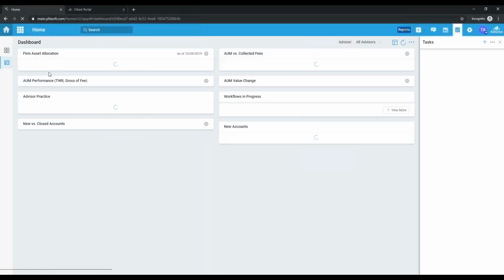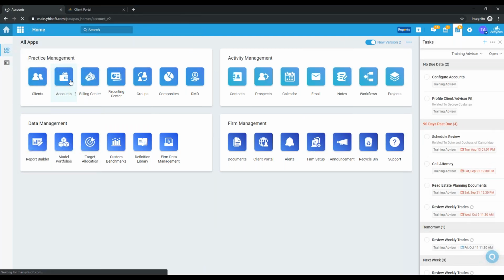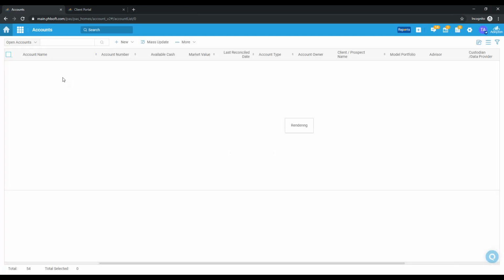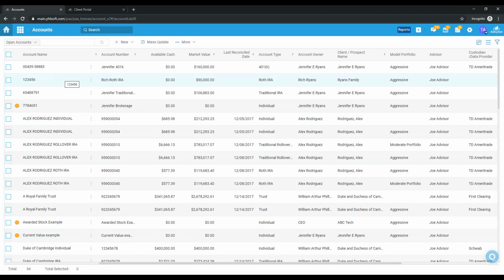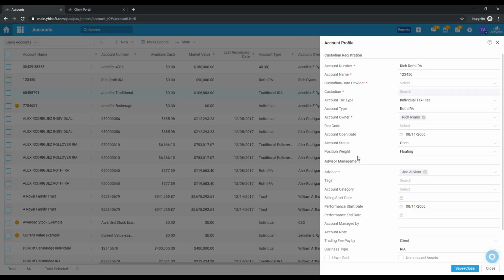Speaking of, let's head on over to the accounts. Click on accounts here. All of this is going to function very, very similarly to what we just saw on the clients page. Just now, instead of household by household, we're looking at account by account. All of your currently active accounts will be listed here. Similarly, you can move them between a transactional and a positional account, add them to a group. You can also activate and deactivate them by clicking the icon here. You can edit their profile, account name, account number,